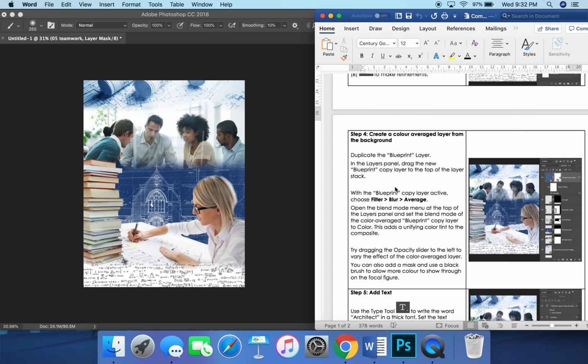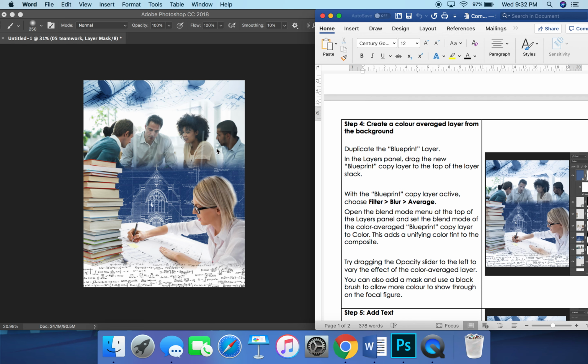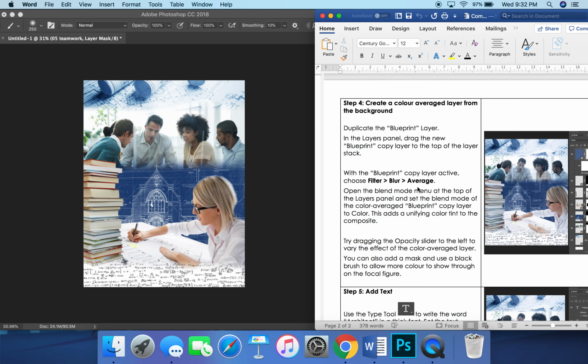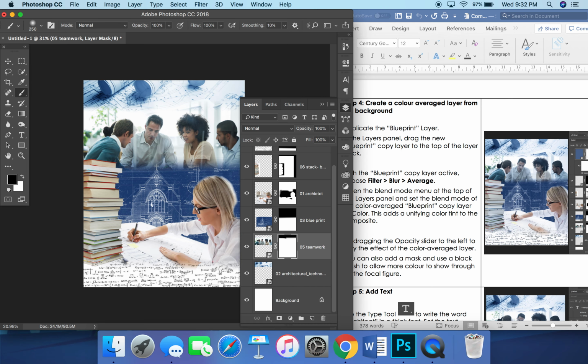Now on to step number 4. So right now there's a lot of colors going on. It doesn't look overly unified. So we're going to use a little trick that I learned recently here. So the most dominant color is the blue coming from the blueprint layer. So we're going to select that layer in the layers panel and we're going to duplicate it by hitting Command J. Next, with the duplicate print being selected, we are going to head to the top of our main menu